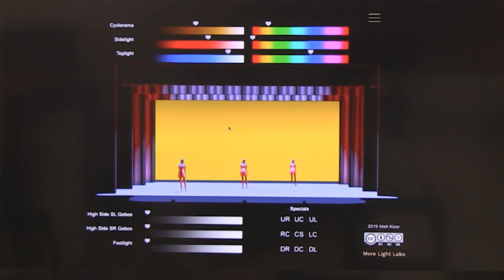I'm just playing around with seeing how it would light up the back of the stage. And then there are controllers on the bottom there. What do those do? The ones down here in the middle, you have upstage right, upstage center, upstage left. If you click on upstage right, you're going to notice that it's on our left because the view is from the audience, with stage right, stage left and orchestra right.